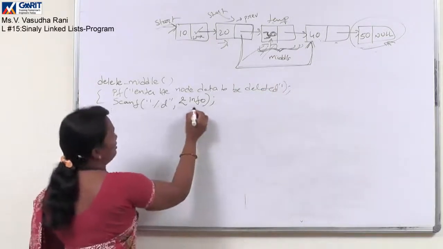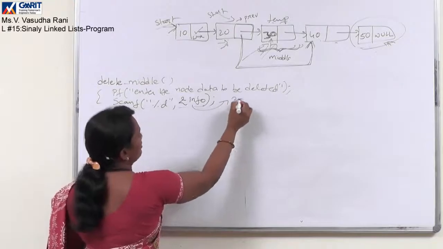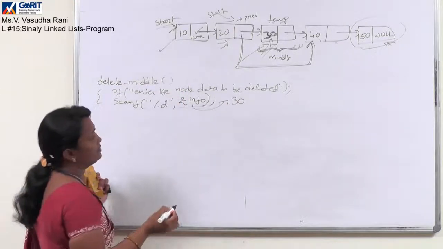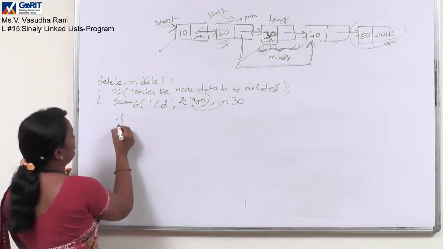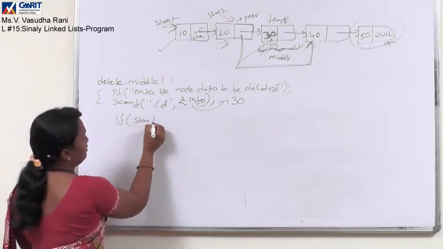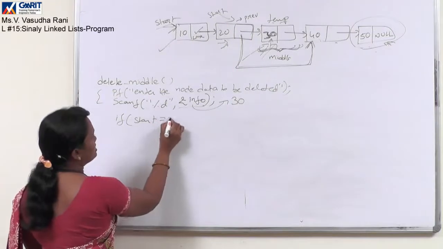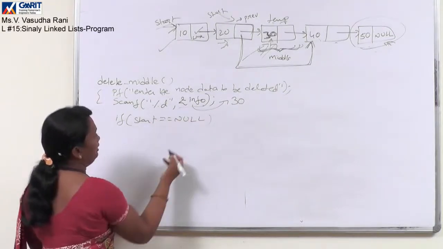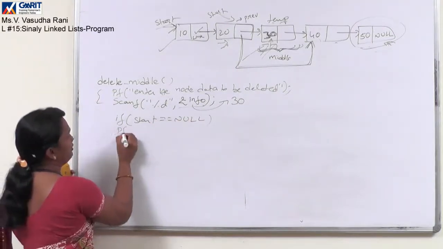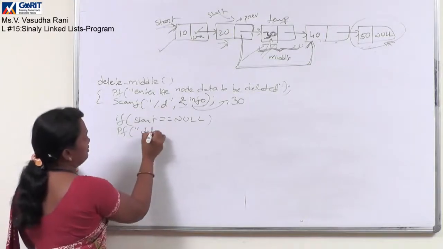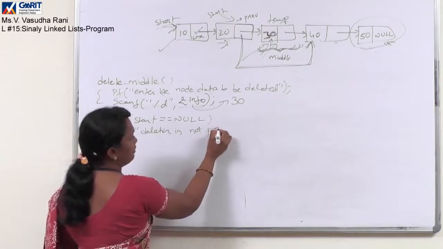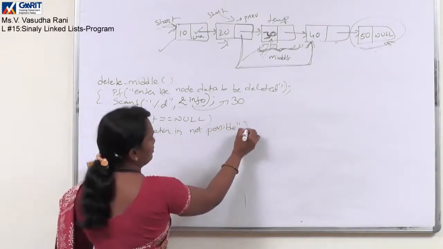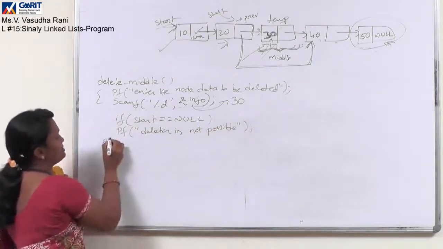You are reading here, its information is 30 and this is our list what we have taken. Now you can check whether the list is empty or not. Your start is null. If it is null, you can say that deletion is not possible, else